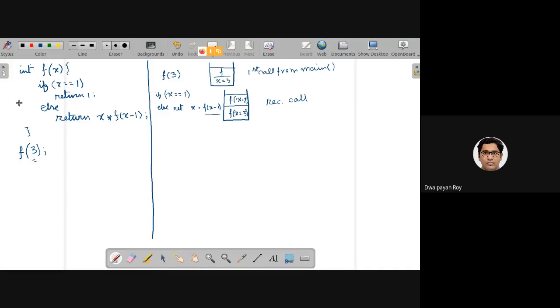So now we are at the point where this function is getting called the second time. The value of x is, as you can see, 2. The first statement it checks is whether x is 1 or not. So again, if x equals 1, this portion will not be executed. The else part will be executed. So again, else, return x into f of x minus 1. This will be called.